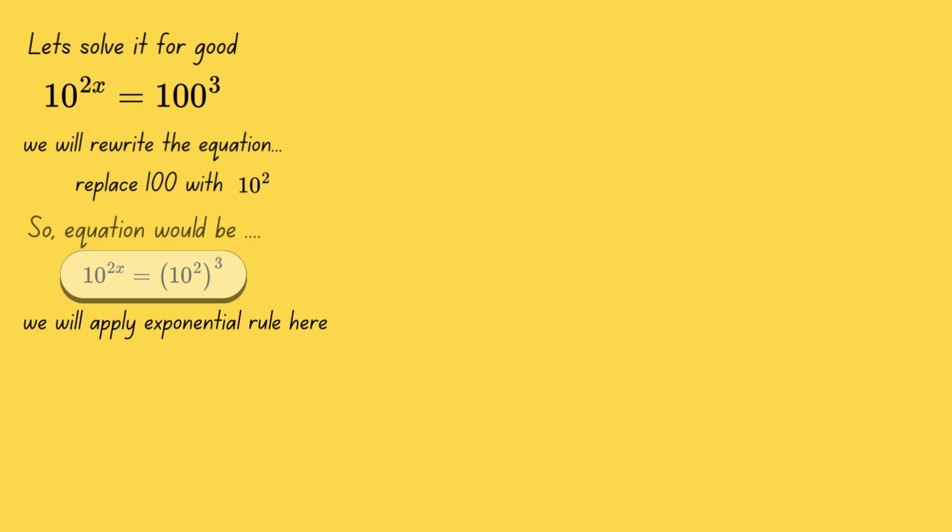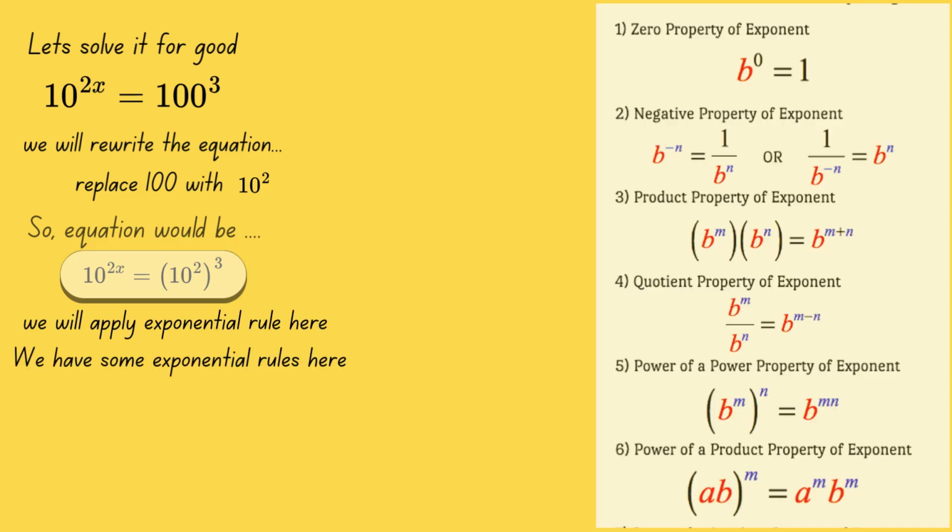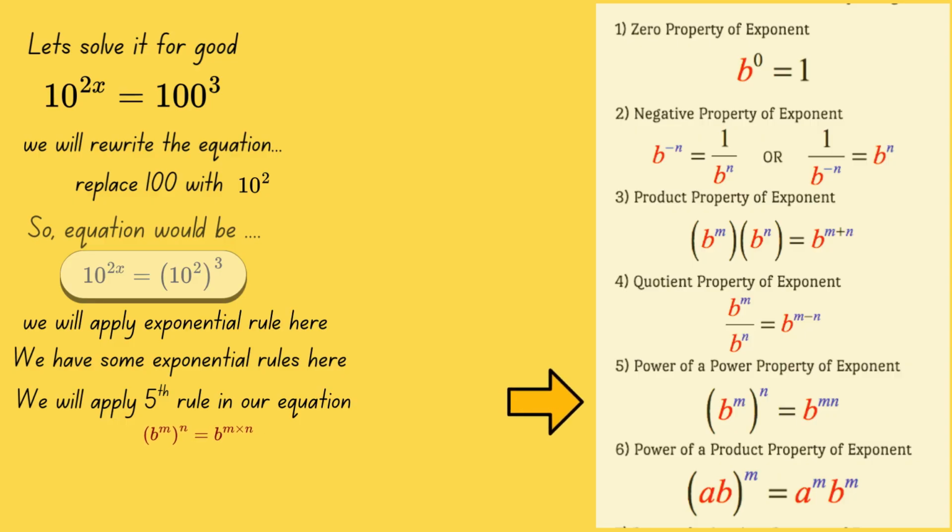we will apply an exponential rule here. We have some exponential rules here. We will apply the fifth rule in our equation, which is b to the m to the n equals b to the m times n. So we have here